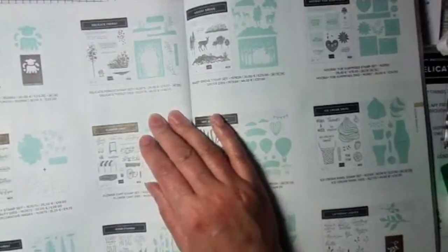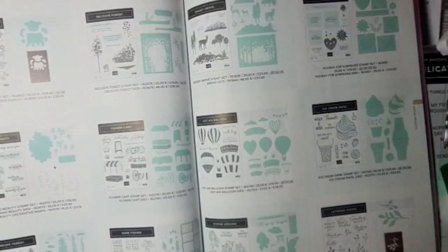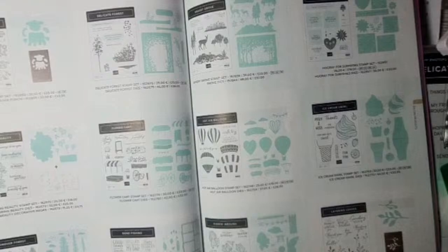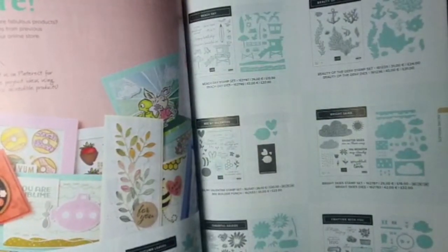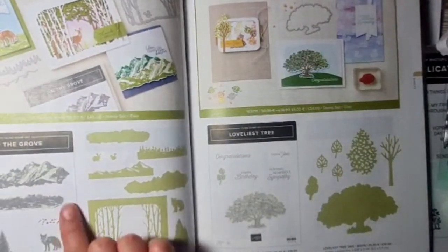That's interesting. Why did I buy the Delicate Florist stamp set but not the dies? Not sure why I did that. I presume it's because I like that silhouette to go with the class that I taught, the backgrounds class for silhouettes. Oh, that was the one I was thinking of. No, that one doesn't have